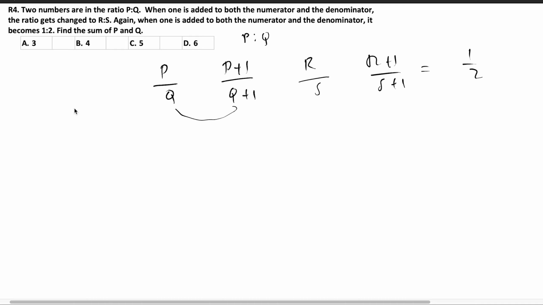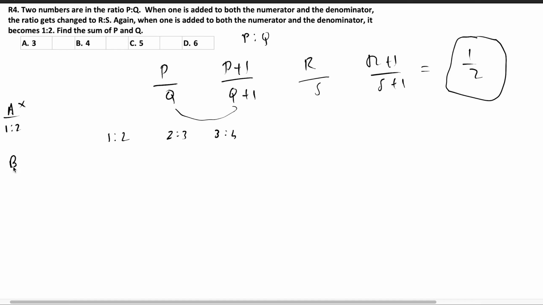So even if I am doing this at the end of my test, what I will do is try to solve it through options. So either A, B, C or D is the sum of P and Q. Let's take option A. The possibility of ratio between P and Q will be 1:2 or 2:1. If I assume it as 1:2, then I add 1 to both numerator and denominator, it will become 2:3. Then again, if I add 1 to numerator and denominator, it will become 3:4. But the final value of the ratio was 1:2 and not 3:4. So you can discard that option. So option A is not our final answer.